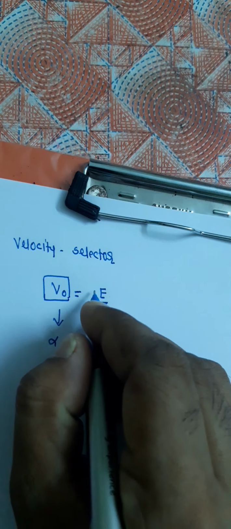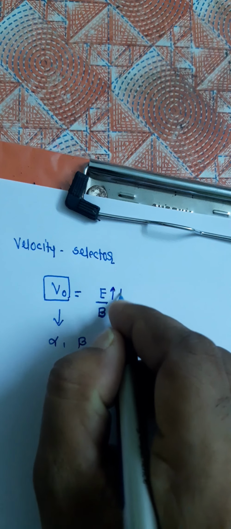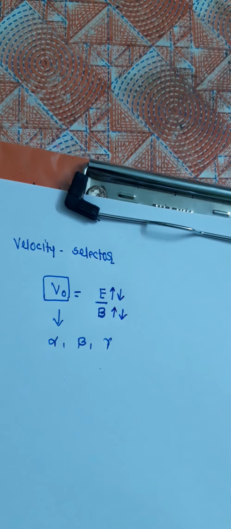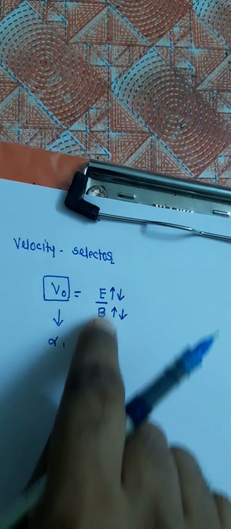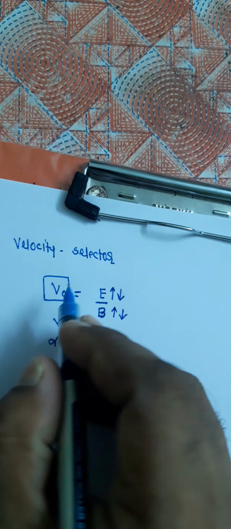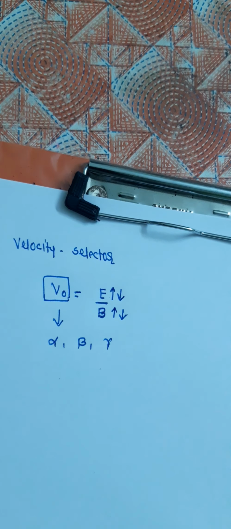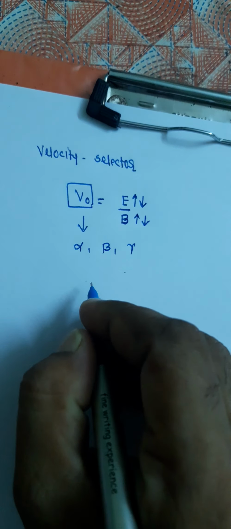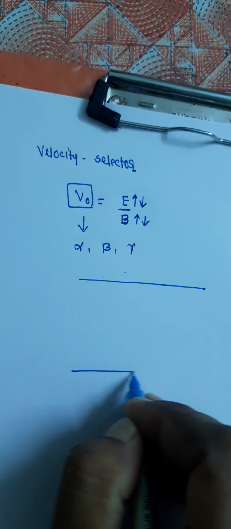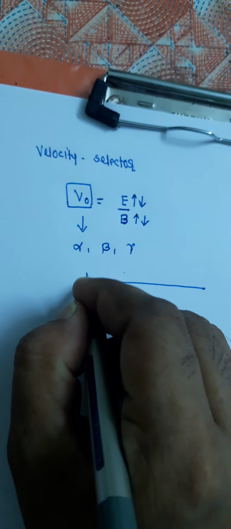What we can do, we can increase this, we can decrease this. Something we have to do with these two quantities so that we can achieve a velocity which is required for alpha. What is the requirement actually? We have seen in the class, it was a plate here,